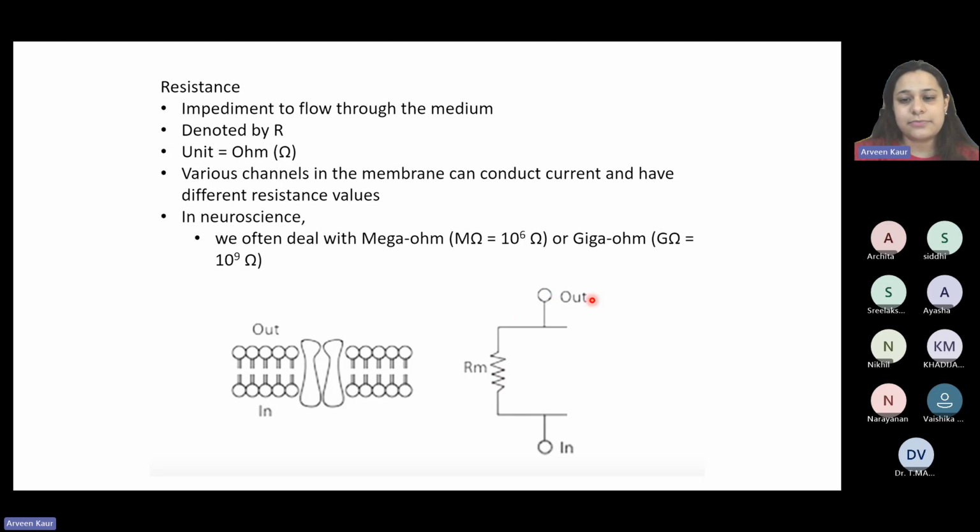And what we are saying is that between this inside and outside, there are different kinds of potentials present. Inside is negative, outside is positive, and between them there is a resistance, right? The resistance could also be the ion channels that are closed, the narrowness of these ion channels, etc. Right? The membrane not letting the charged ions pass. All this is resistance. Okay.